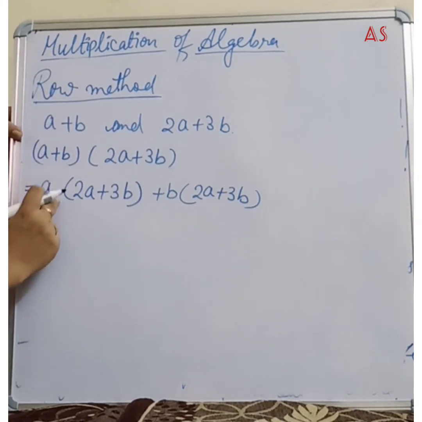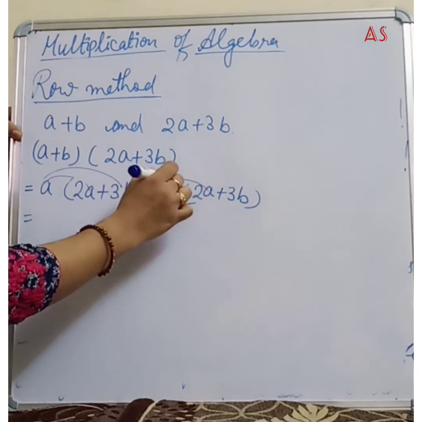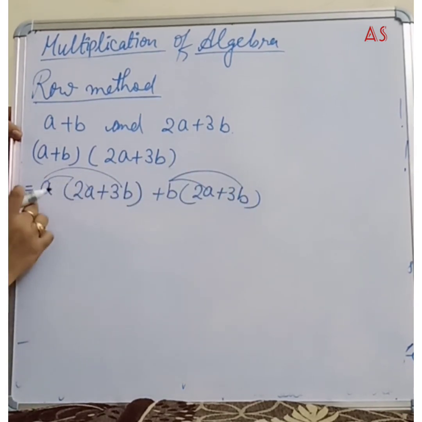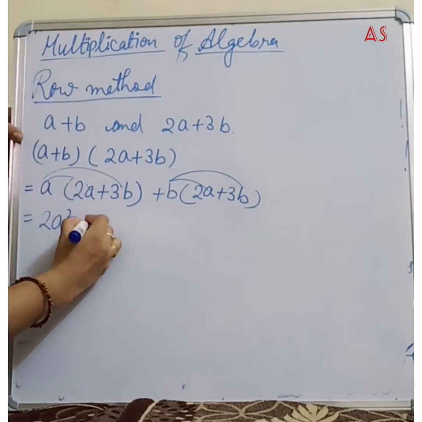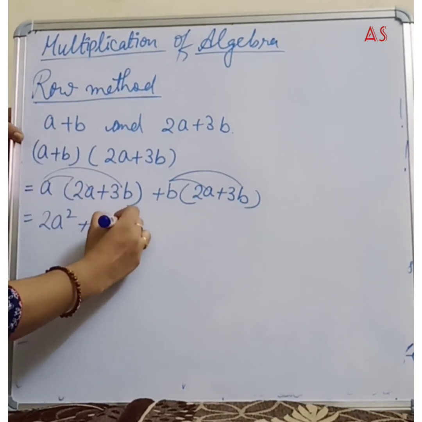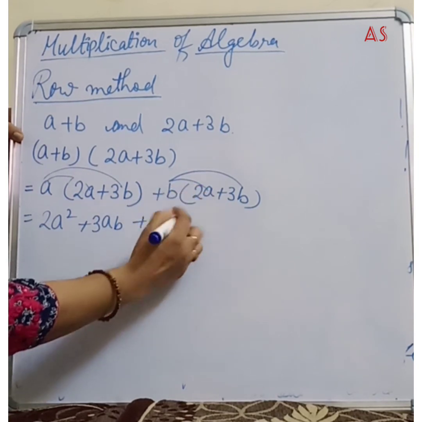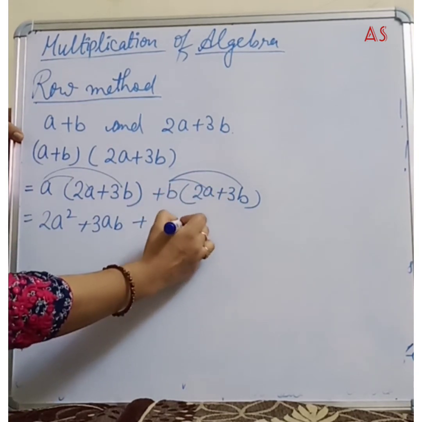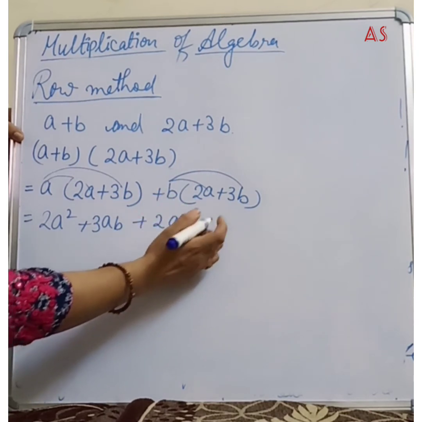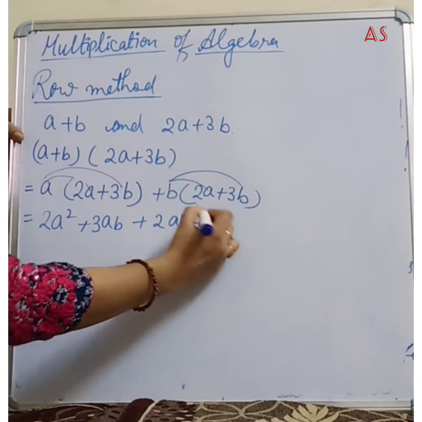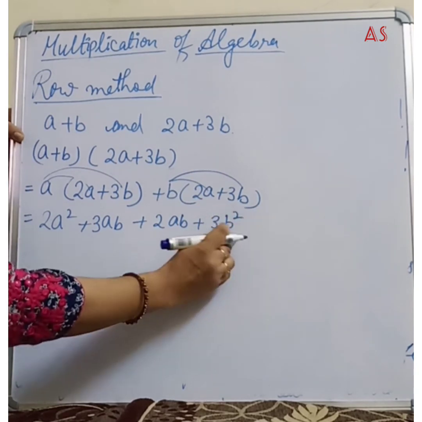Okay. Now here no sign means multiply after outside bracket. If no sign, multiply sign always. Okay. So a multiply with this also and this also. B multiply with this also and this also. Both term we will multiply by b. Now 2a square how to come? 1 plus 1, 2. Add the like variables power. Plus here no like variables, then 3ab. Then here again no like variables, 2ba or ab. Same way, ba meaning also same, ab also same. Then plus 3b into b square, add the power of like variables.